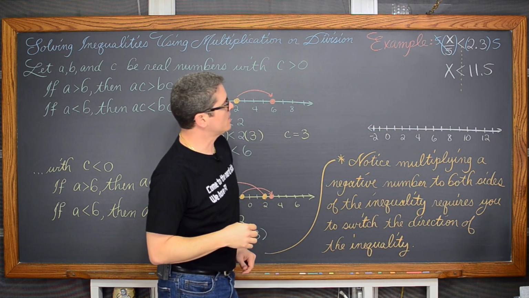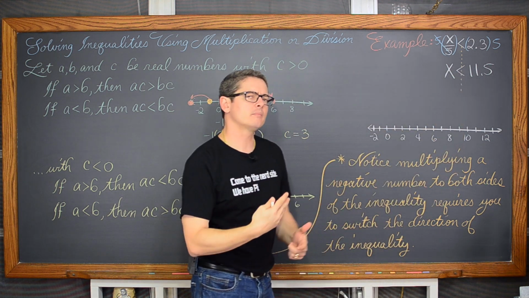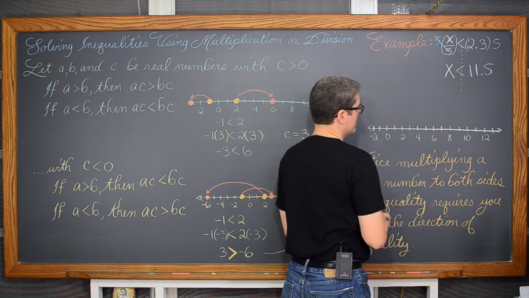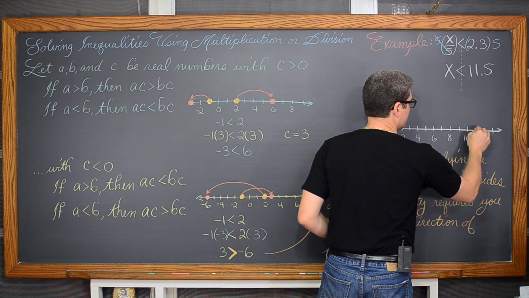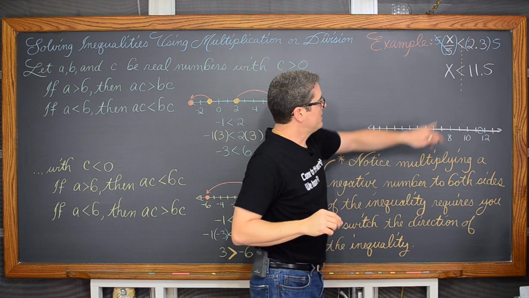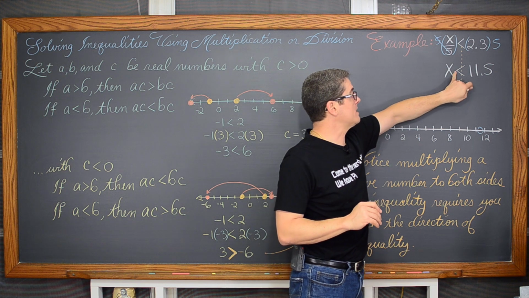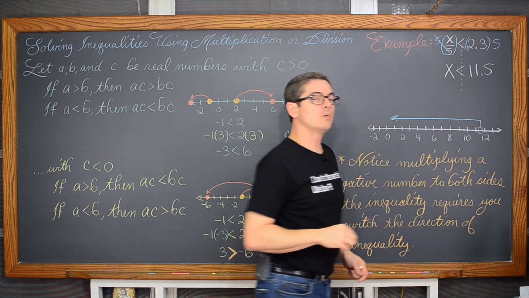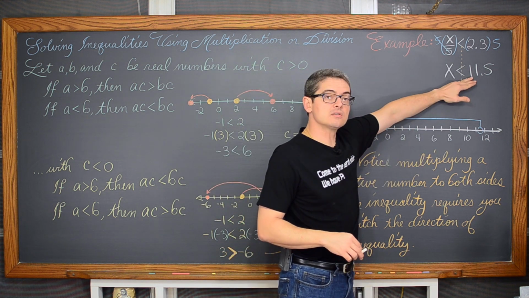and graphing that on a number line, we're going to put an open dot. I talked about this earlier in very meticulous detail about whether it's an open or closed dot. There's no equal sign, so we have an open dot on 11.5, so it's going to be between 11 and 12. And this unknown value of x is representing all values which are less than or smaller than 11.5. Smaller than on a number line is when you go to the left. Okay, so we have this shading to match this inequality.